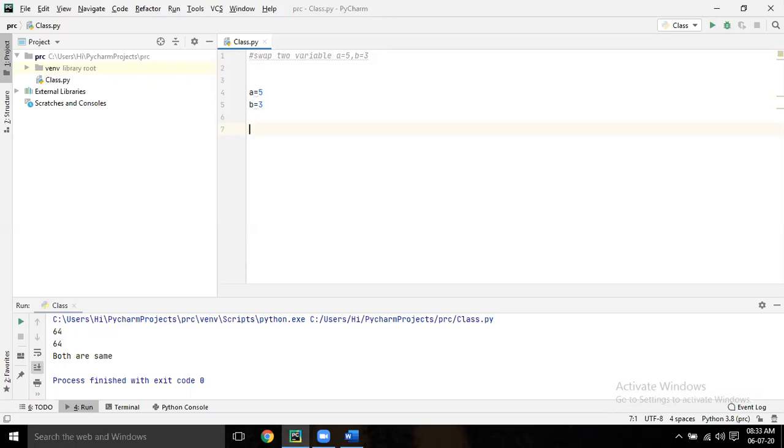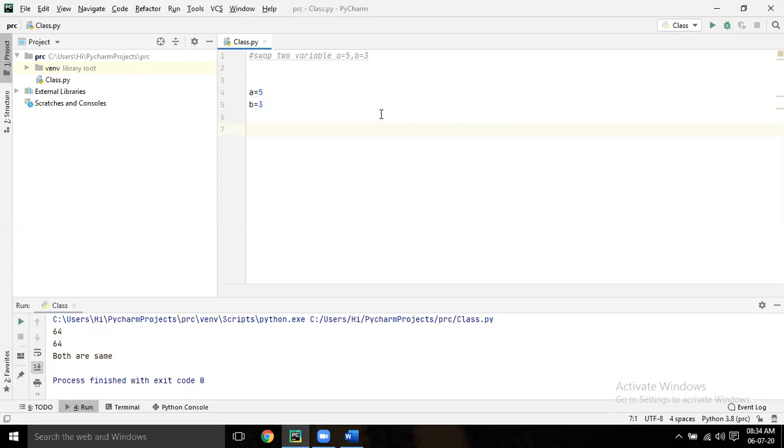Let's say I'll tell you one example. In one bucket you have milk. In another bucket you have water. You want to exchange them, so this bucket has water and this bucket has milk. How to do that? You can take another bucket, put the first one in it, then put the water into the empty bucket. So you can take a variable, X or something, put 5 into X, and then B goes into A. Perfect. Do it.